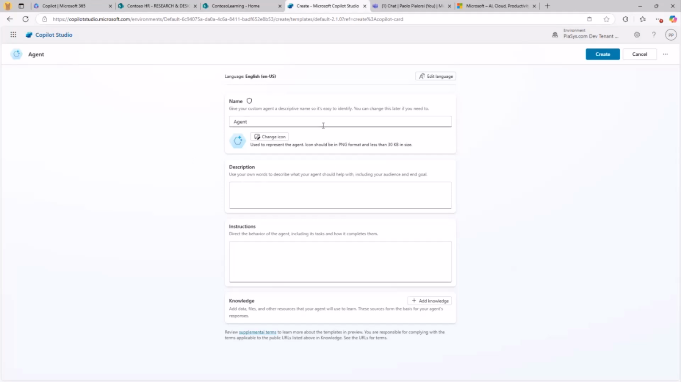For example, let's say that I want to create the M365 call HR agent, just to give it a name. And we can provide a description: You are an agent helping employees with HR policies and rules. And then we provide a set of instructions, which will be the system set of prompts